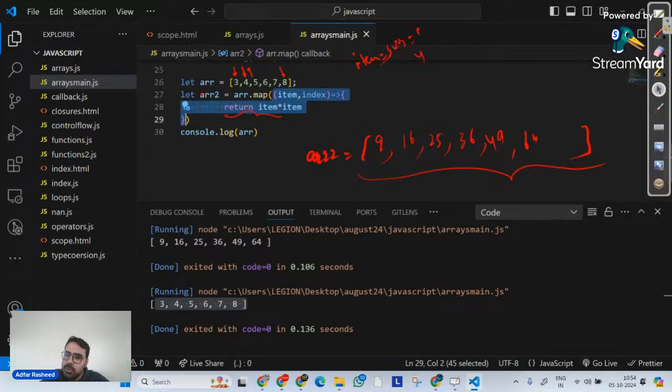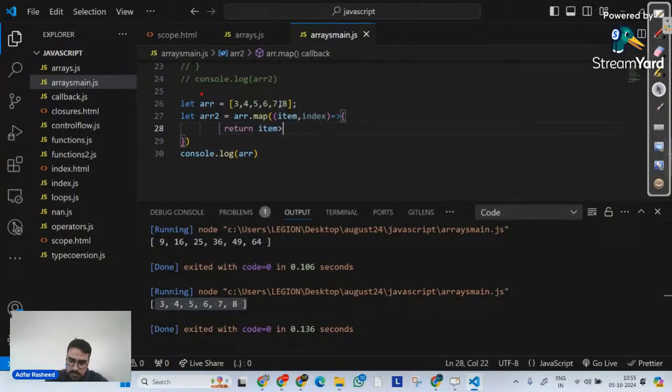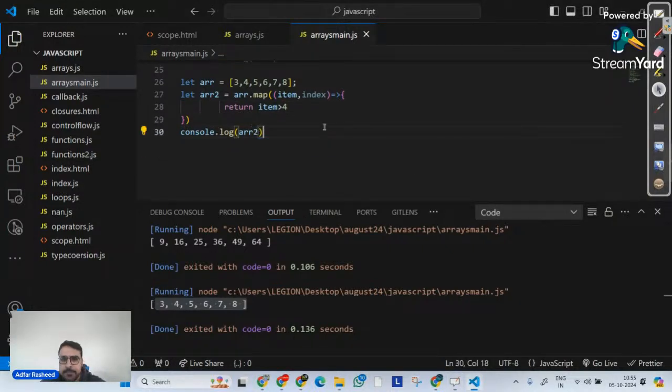But I have a simple question. If you understand what this method is going to do, what will happen if I do something like this? If I return item greater than 4, the intention is to create a new array out of it, Manmohan, right? So we will always try to create a new array. If I do something like this, and if I try to console my ARR2, what will be the output of this code?